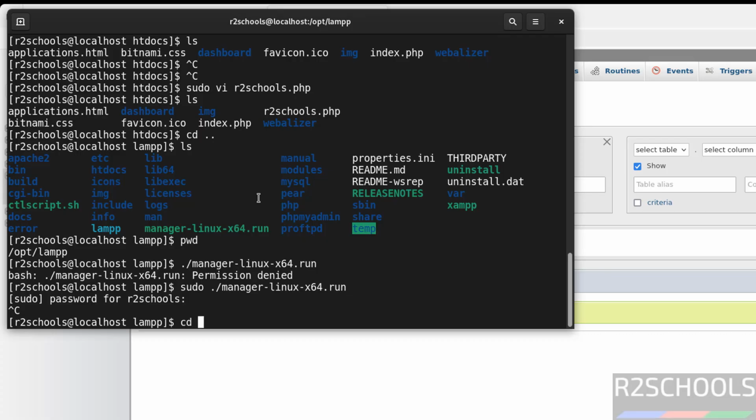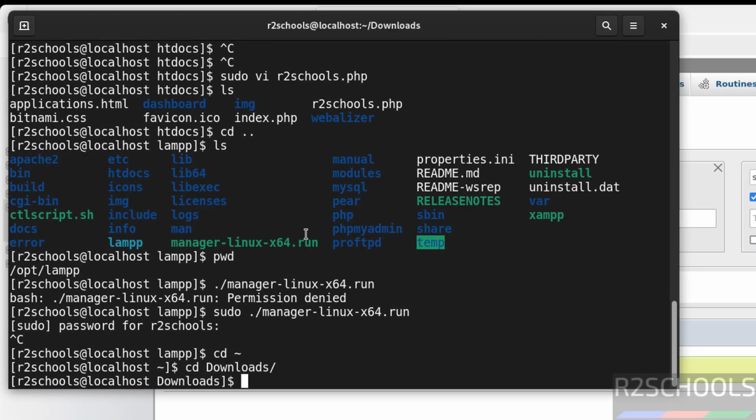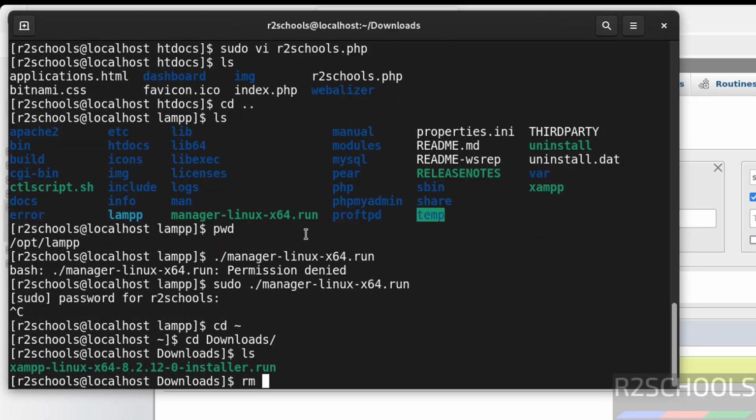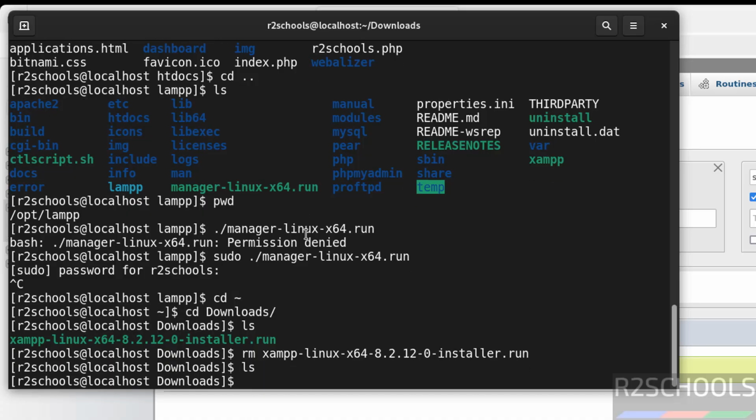Go to the home directory, cd downloads, ls, remove this file because we have already installed. To clear the space, we have to remove it. Hit enter, ls. Okay, so in this video we have seen how to download, install and configure XAMPP 8.2 on